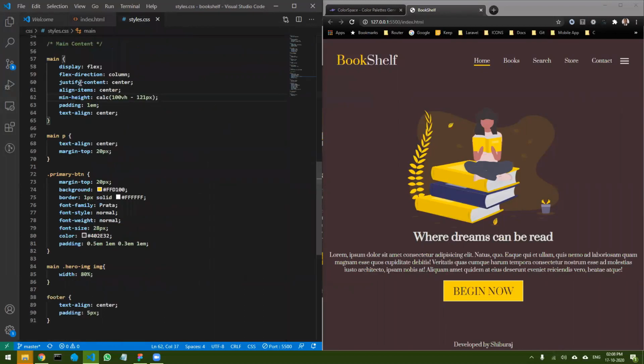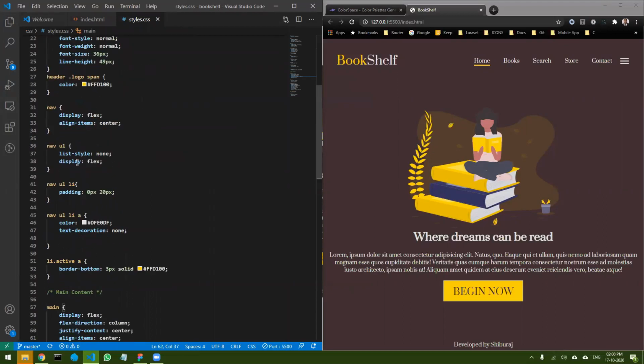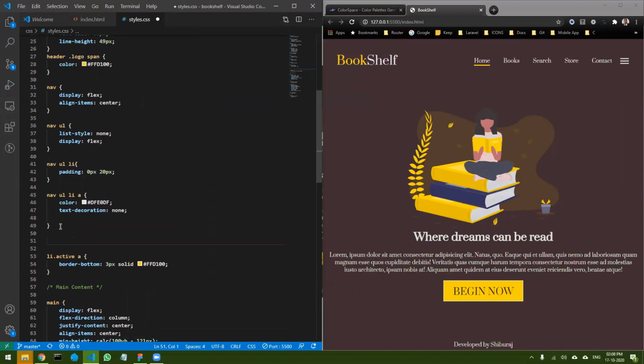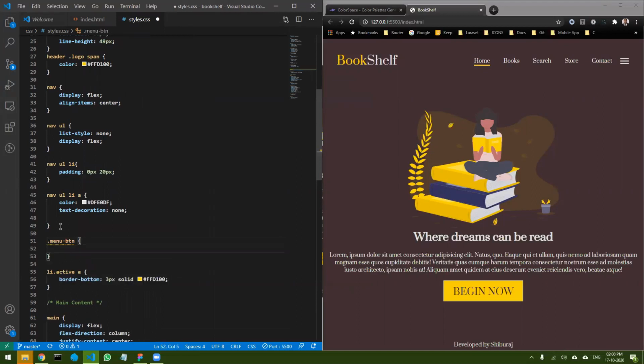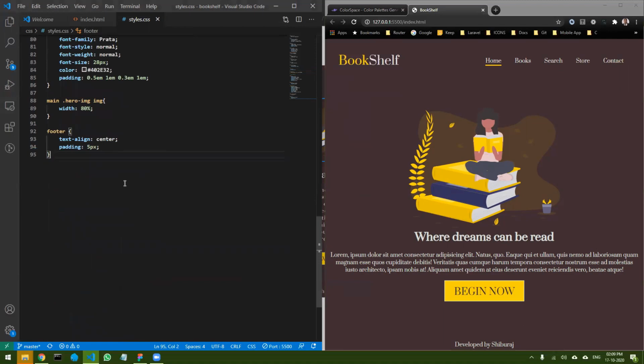Now let's go to style, and let's go to the navbar part. This is the section of the navbar. In the desktop view, we don't want to see this hamburger menu, so we will just do display none. Once we do display none, this will not be visible in the desktop view. Right now, whichever size I select, I have not used any responsive design. So what I'm going to do is now come down,